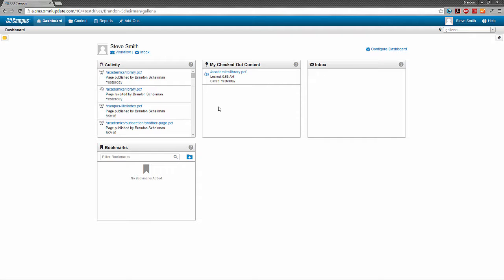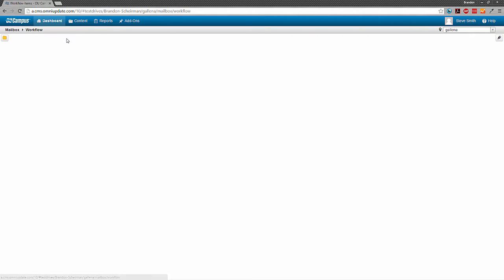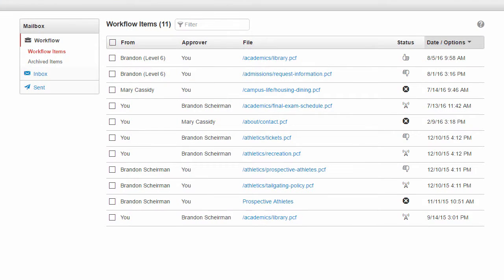I can find this underneath the dashboard menu in the global navigation bar, and it's where I can see all files that have been submitted to me or that I've submitted to someone else. Let's use this as our method of approval today. We can see that the file is listed here in the workflow screen, along with the name of the user who sent it to me and what time it was sent. We also see that familiar thumbs up icon again, signifying that it's waiting for my approval.